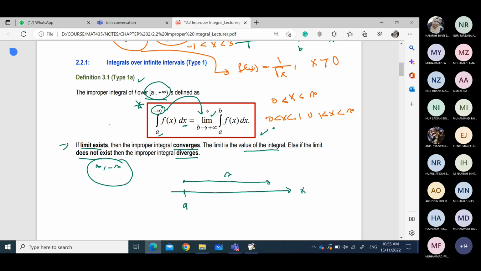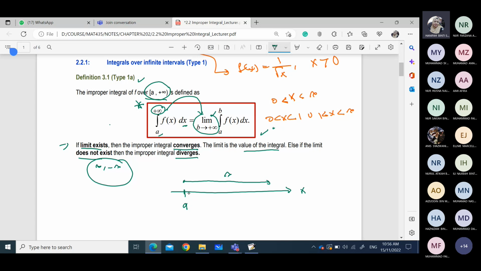So, we find the solution where we need to find the limit. So, why do we put a limit here? Because the minimum value of x is a. Okay. So, when you want to solve an integral, you need to have a lower limit and an upper limit. So the problem here is we do not know what the upper limit is. We don't know because there is no limit. Because it goes to infinity. There is no limit. It goes beyond.